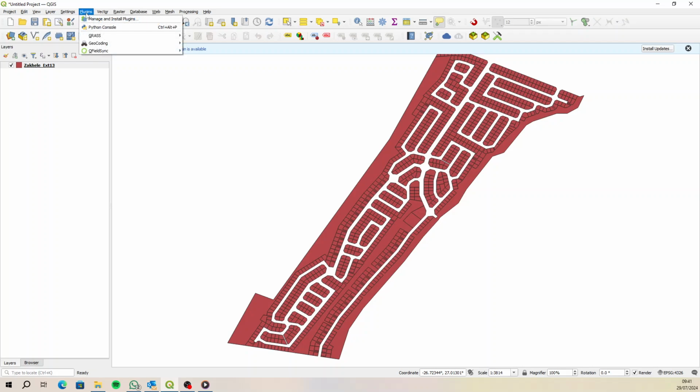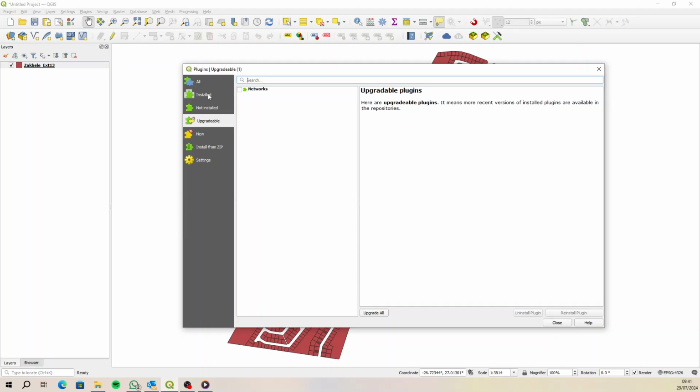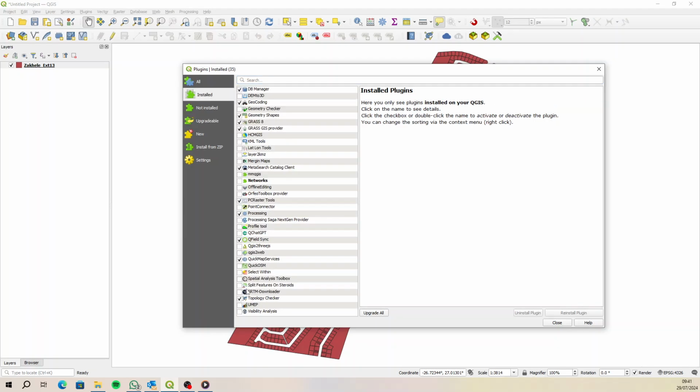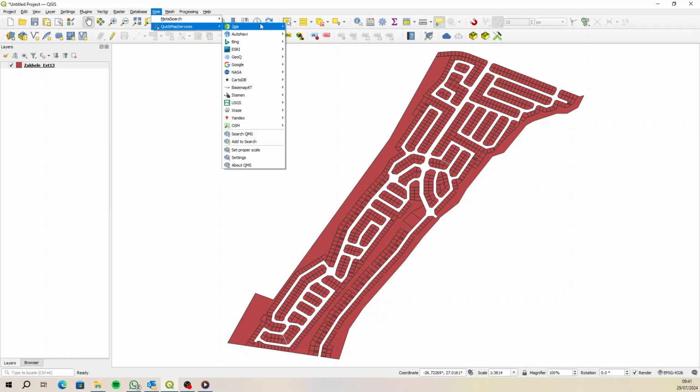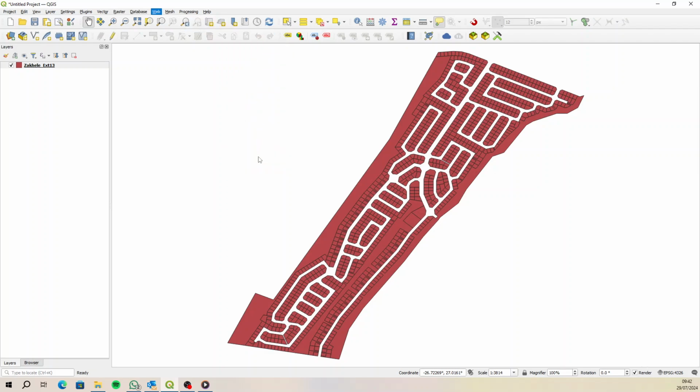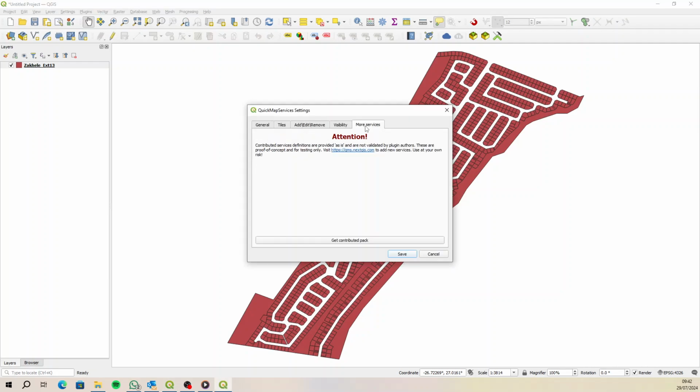So if you go to plugins, manage and install plugins, you need to install a plugin called Quick Map Services. So if you see it here, just turn it on. You might need to type quick to go and search for Quick Map Services. Once you've installed it, you'll see Quick Map Services. If you don't have all of these options, go down to Settings, and then you're going to go to More Services, Get Contribution Pack, and then